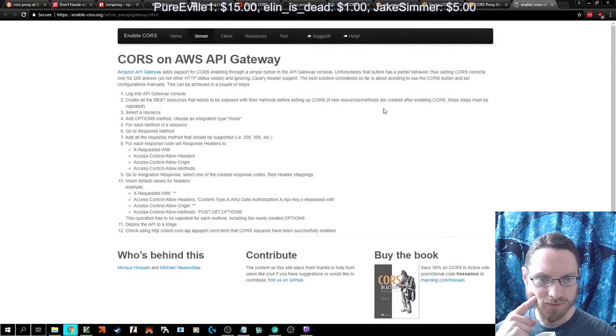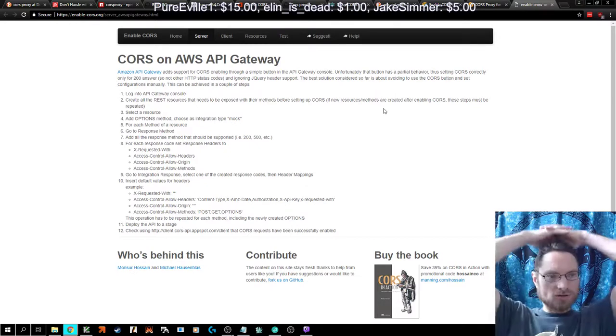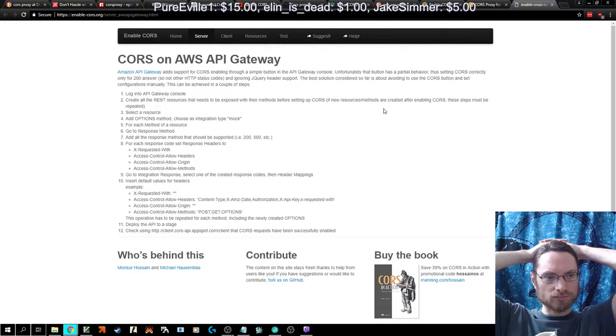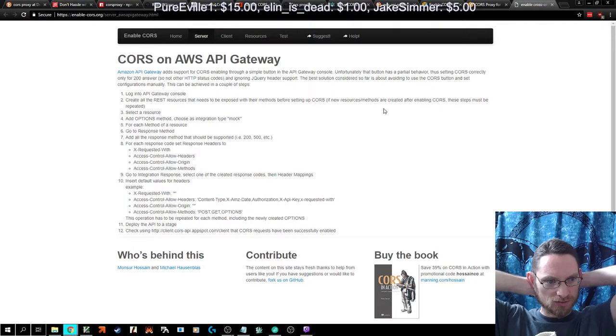That's the button. Partial behavior only for 200 answer. Ignoring jQuery header support. It is about avoiding the use of the CORS button and setting configurations manually. This can be achieved. Oh, interesting. This must be repeated. Add options method. Add integration of type mock. Go to response method. For each response code, set response headers to